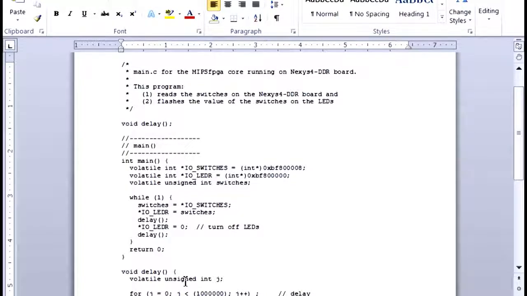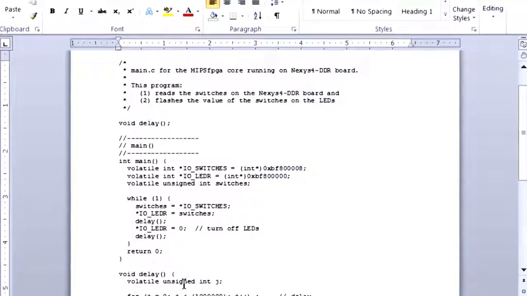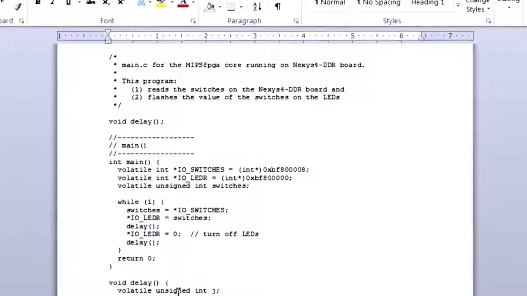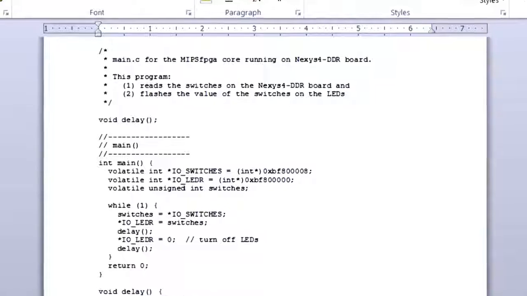So this is going to read the switches. So switches equals *IO_SWITCHES. That's pointing to that memory mapped address of the switches. So the switches variable will hold the value of the switches. And then we're going to write the value to the LEDs. That's the next line, IO_LEDR equals switches. Then we're going to delay it so we can see it, turn off the LEDs, and do it again. So your switch is on the bottom, and it's going to basically flash whatever your switch's values are to the